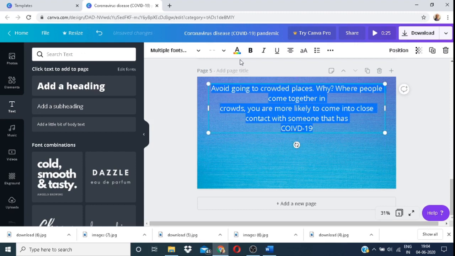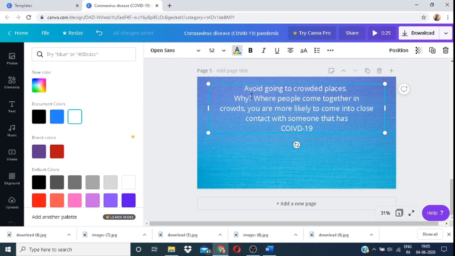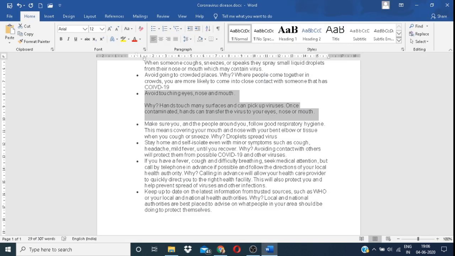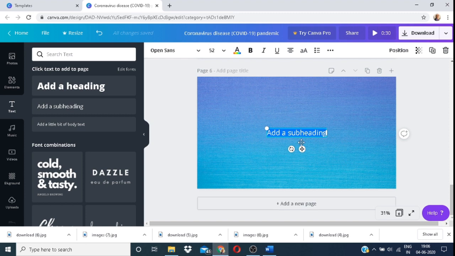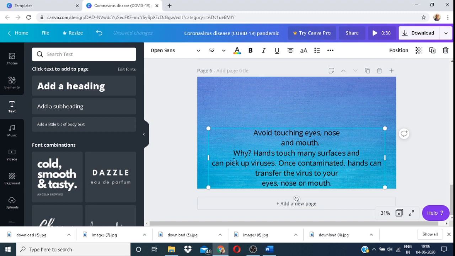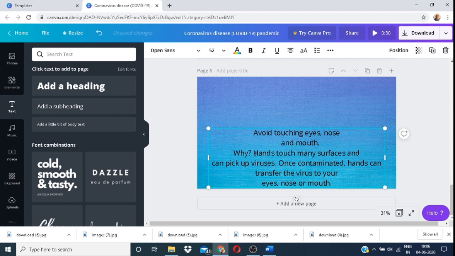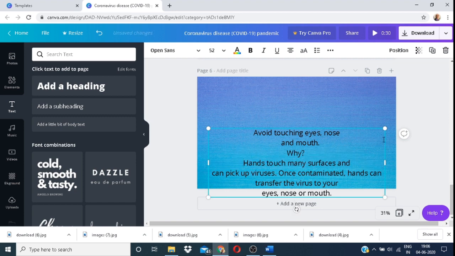Again, Control A, we're going to change the color, we're going to make it white, and then we're going to highlight some important things. Just remember that you can always change the font, you can change the size, and you can change the color. Adjust the text accordingly.